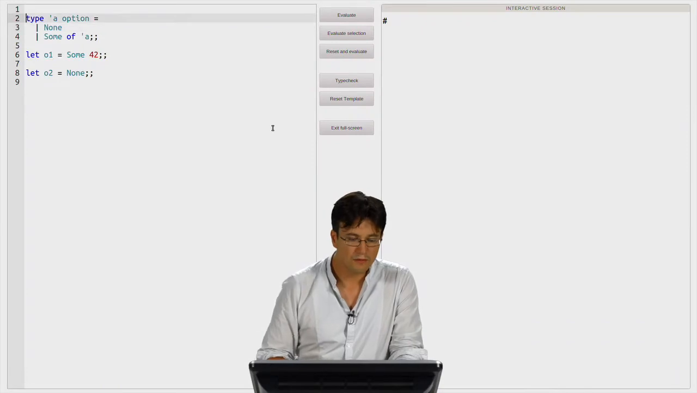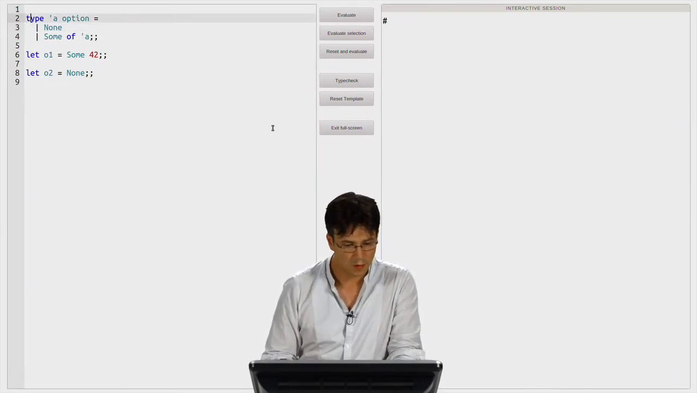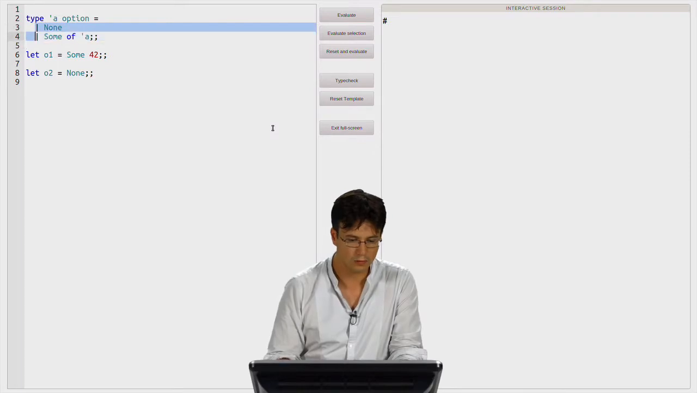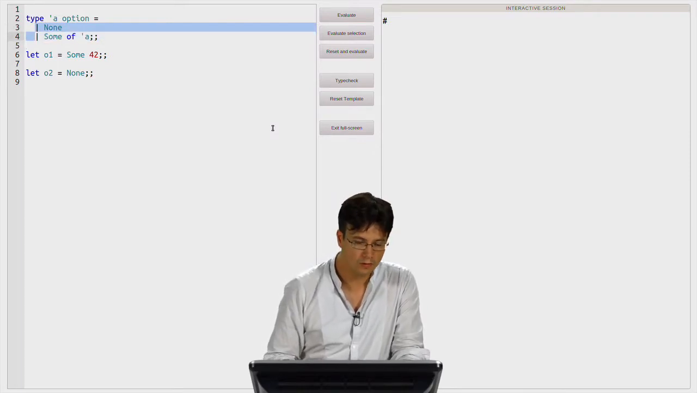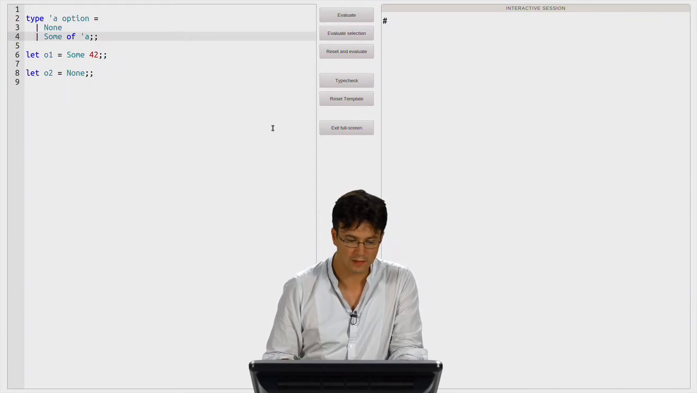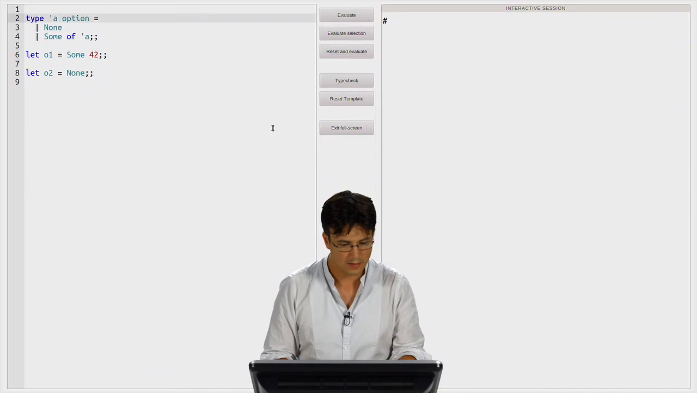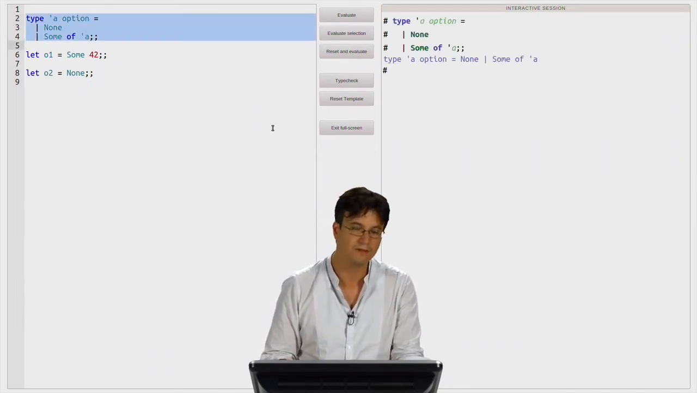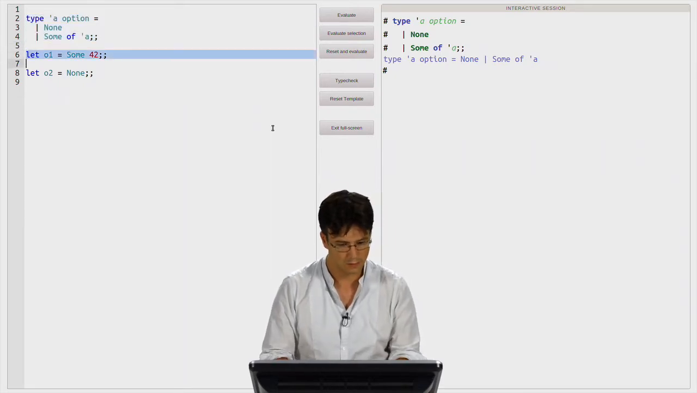Here is an example of a parameterized type with only one parameter, and a value of this type represents a value which is optional. When you don't want to give the value of type alpha, you can use the constructor None, and when you want to provide this value, you can use the constructor Some. This type is very useful in programming, so it is predefined in OCaml. As you can see,